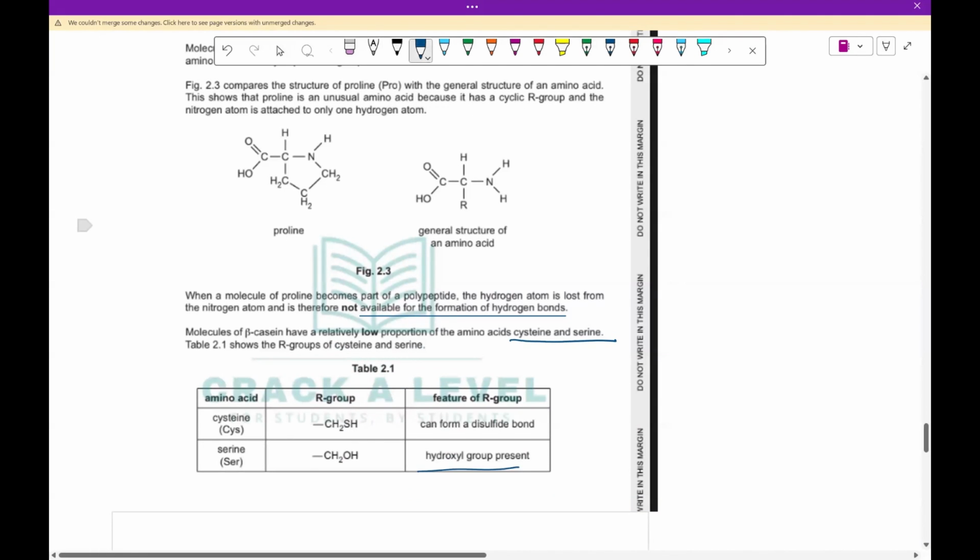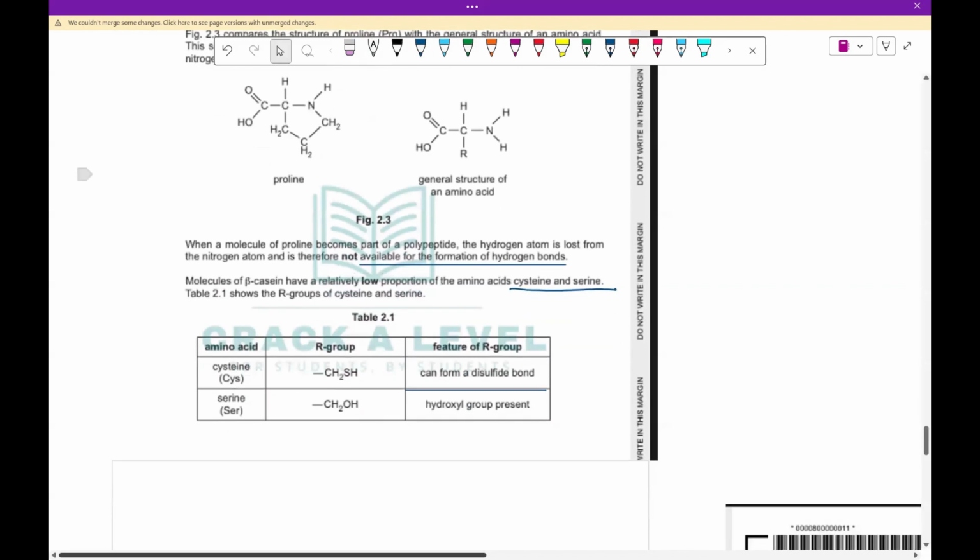And since there is a relatively low proportion of cysteine, that means there will be very few disulfide bonds and a low proportion of serine. That means that the